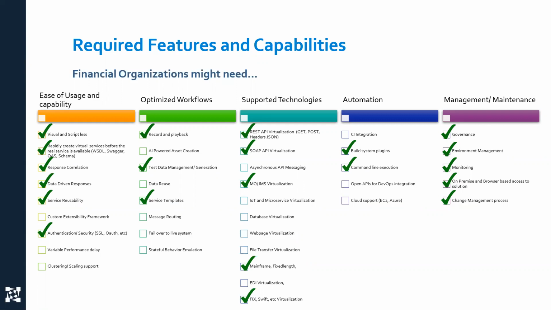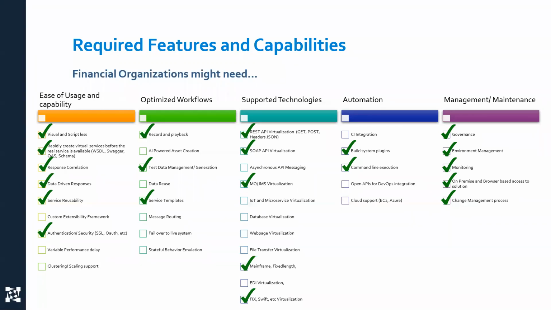Because of things like open banking and all of the new APIs that's bringing, we're definitely going to want to be able to have a high level of logic and service reusability so that we can leverage work that we've done in one area to power potentially an open banking sandbox. Authentication and security, such as OAuth and SSL, are going to be really important in this area. Being able to not only communicate with those systems so that you can gather that initial traffic, but also to be able to emulate systems with the proper authentication and security so that you can verify that as a part of your automation.